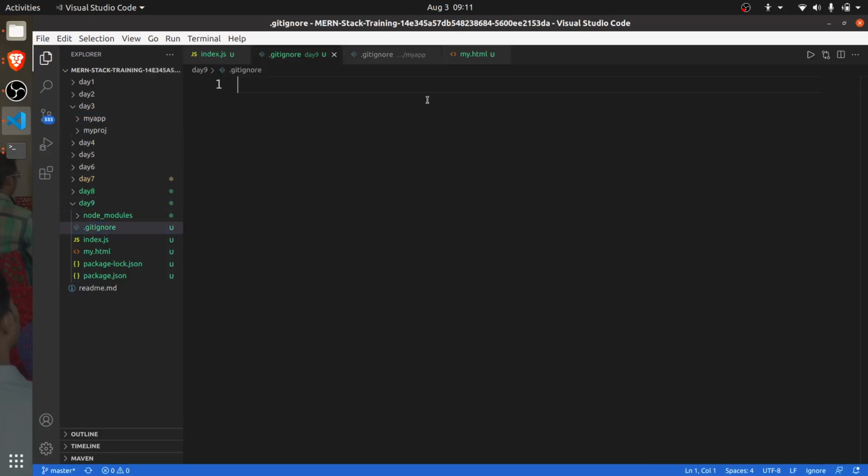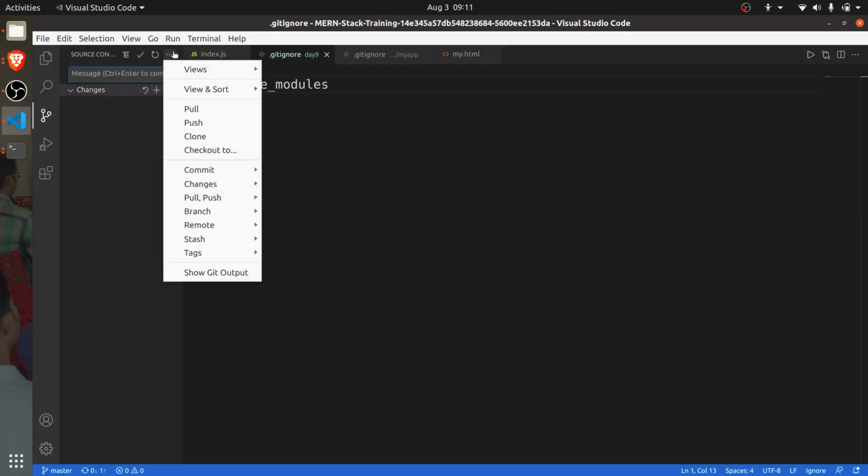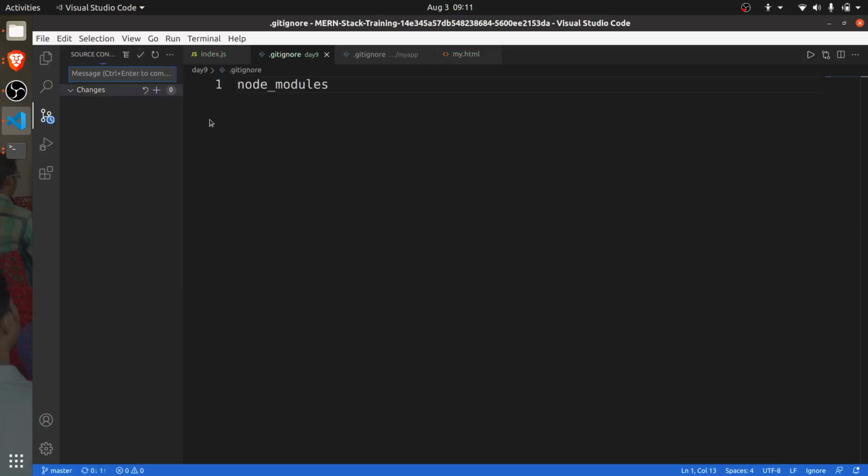I'm just copying and pasting. Can you see now? Now just 7 files need to be uploaded. And here I can say Express installation. So I have pushed the file.